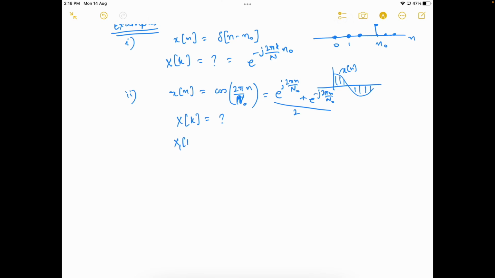Let's call it x1k, which is equal to the summation over all n equal to 0 to N of e to the power j 2 pi n by n naught times e to the power minus j 2 pi n k upon capital N. This capital N is different from n naught. Now that's what you want to find out, right? So this is equal to